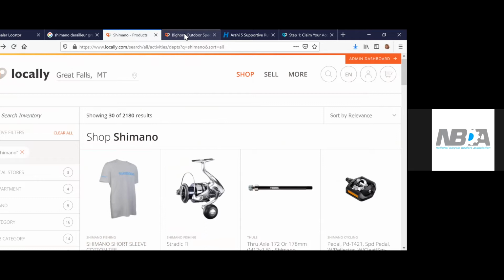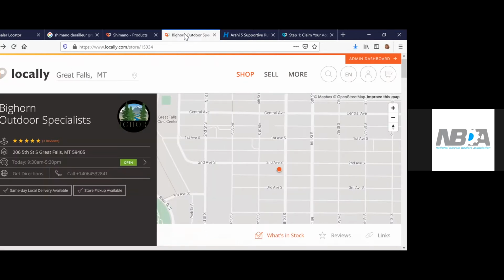Also on locally.com, each of the retailers, when you've connected your inventory to us and claimed your account, gets their own dedicated page. So here, for example, we're seeing Bighorn Outdoor Specialists' landing page. I showed you earlier that there were 3 5-star reviews.